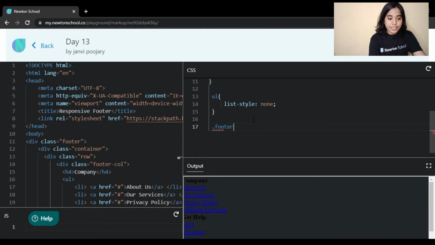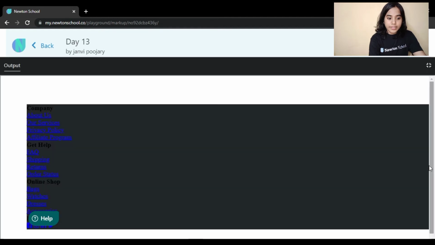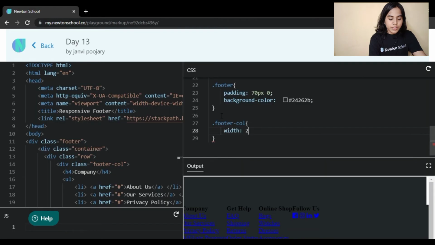We will also give it some padding in the footer, and its background should also be a similar one. Then we'll target our class footer column, and there we will give some width and padding.